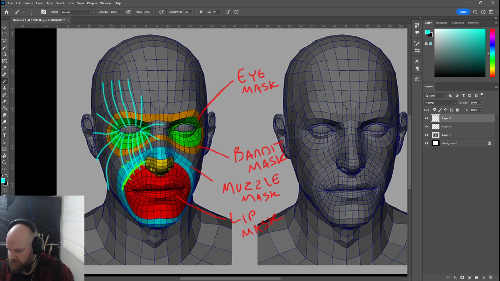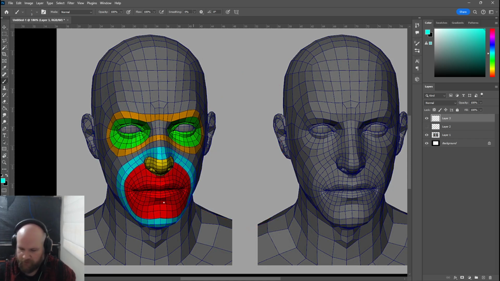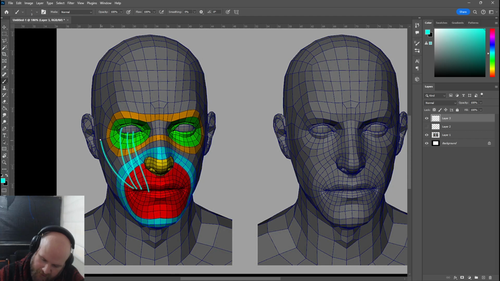If I just clear this, so remember all those. So yes, we've got the eye mask. They all kind of explode outwards into the bandit mask. Explode outwards across the nose, into the top of the head and stuff. When it comes to the mouth, it's all the same kind of thing. And in fact, the lower part of the eye and the upper part of the mouth connect with each other. See what I mean? They all run into each other. And then from the mouth they run into the cheek, down into the chin, up into the nose,